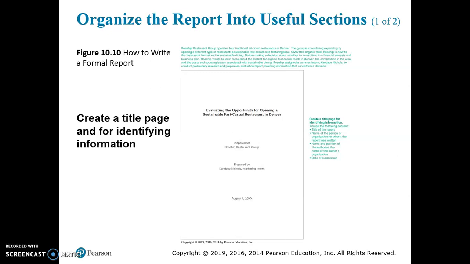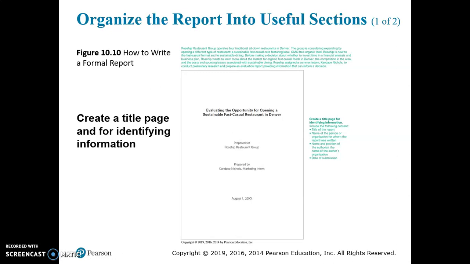There are a lot of good formats shown all around the book, and a lot of really good examples. I really like this one, and I think it gives you a good start. Some people have the ability to just look at something and copy its elements. They can see that right up here you've got a bold-faced, slightly larger font title, and then down here, who it's prepared for, who it's prepared by, and the date,